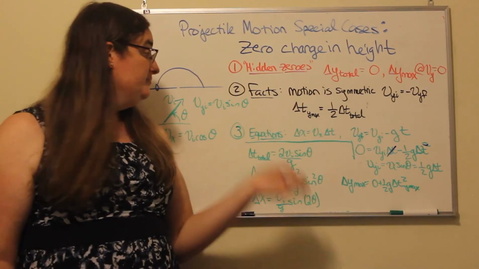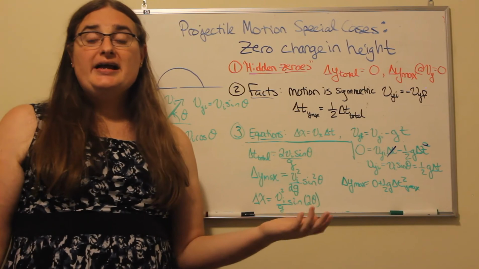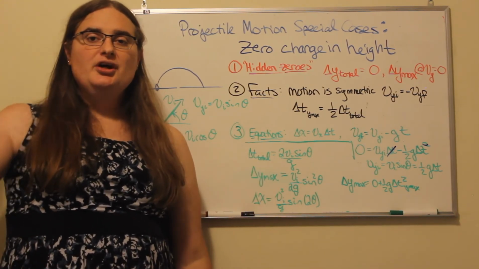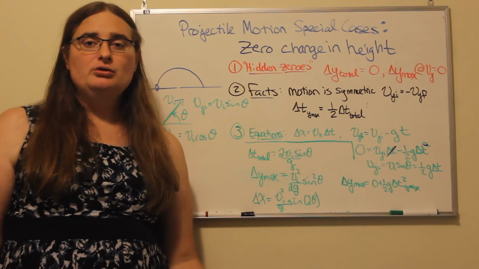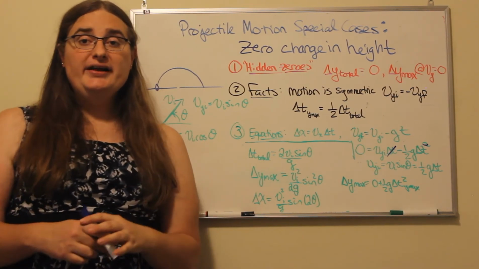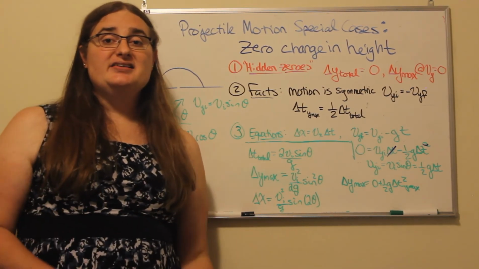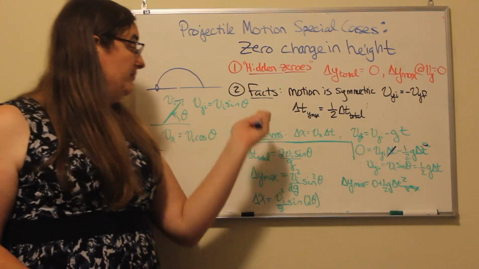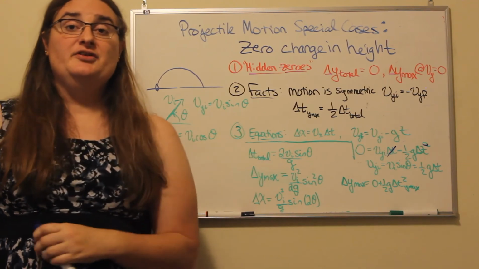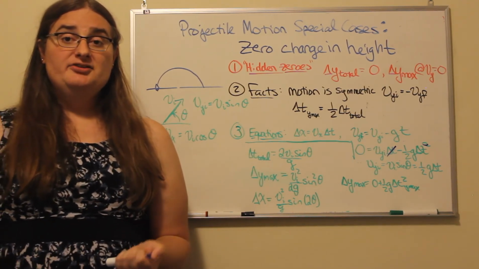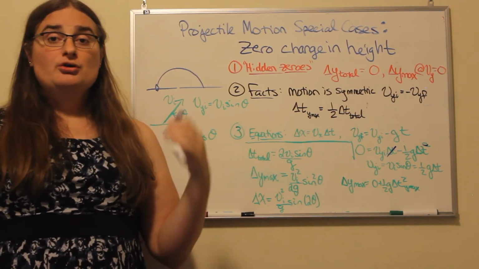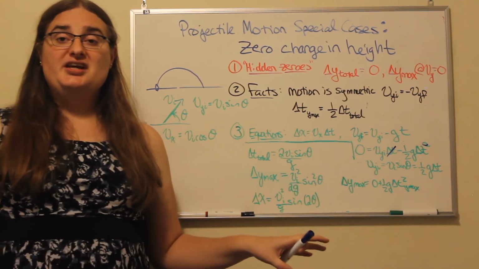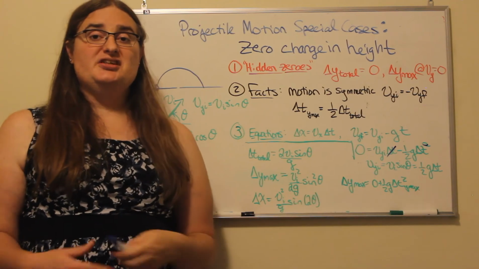So sometimes, like in sports, that can be a good thing or a bad thing. If you want to throw a quick pass, you throw it at a low angle so that it gets to the receiver quickly, but the downside is it's really easy for the defense to reach up and block it because it's not going to be very high off the ground. On the other hand, if you want to give people time to get down the field and either set up coverage or just be in a position to catch,